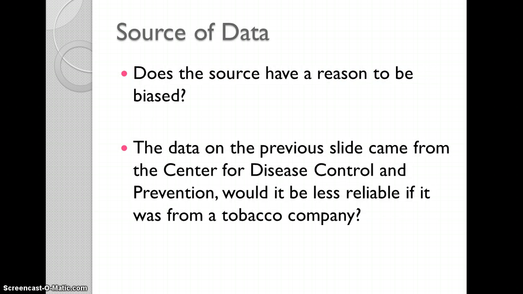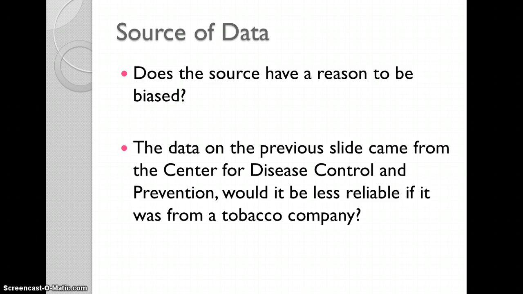Okay, the next thing we need to consider is the source of the data. How was this information obtained? Okay, and the first thing you should always be a little wary of is asking yourself the question, does this source have a reason to be biased? Are they going to gain or benefit from skewing the data in some way,